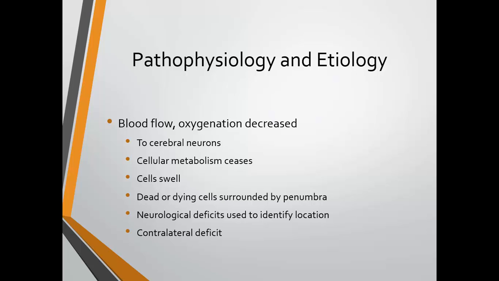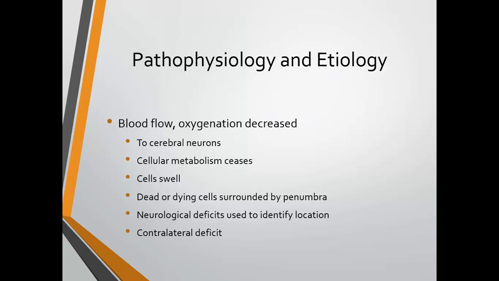The cells will start to swell as sodium draws water into the cell. The cerebral blood vessel walls also swell, which further decreases blood flow. Even if the circulation is restored, vasospasms and increased blood viscosity can continue to impede blood flow to those areas